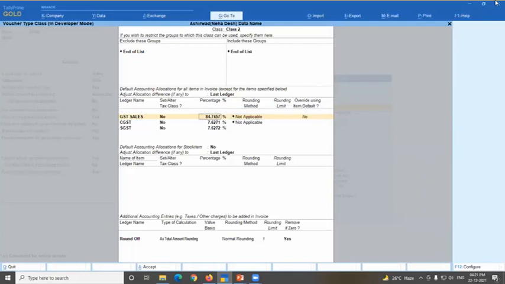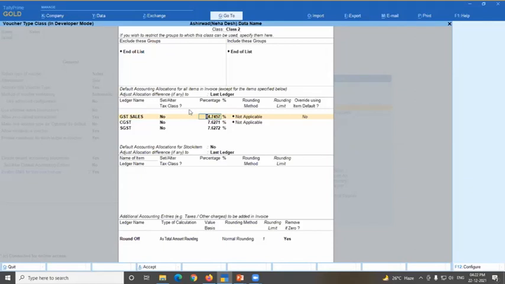Here I have set up GST sales at 84 point something percent, and this will total 100. So automatically Tally is going to post entries for all items. Believe me, this actually works very well in VAT for utensils and cloth stores, where items have a single rate and the business works on a single rate. Like take a chartered accountant example: a CA has 18% service to sell.